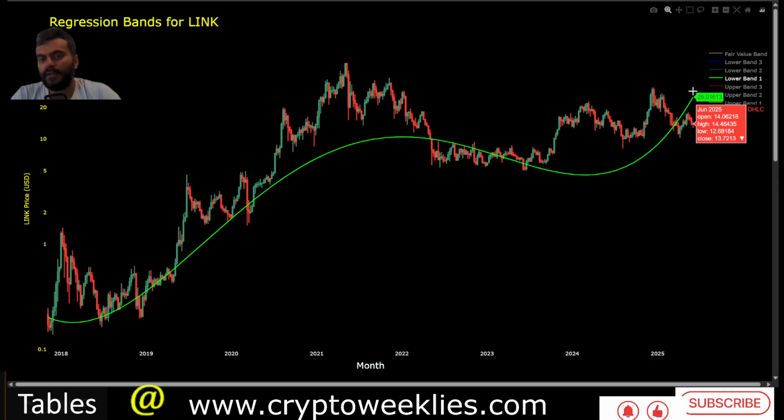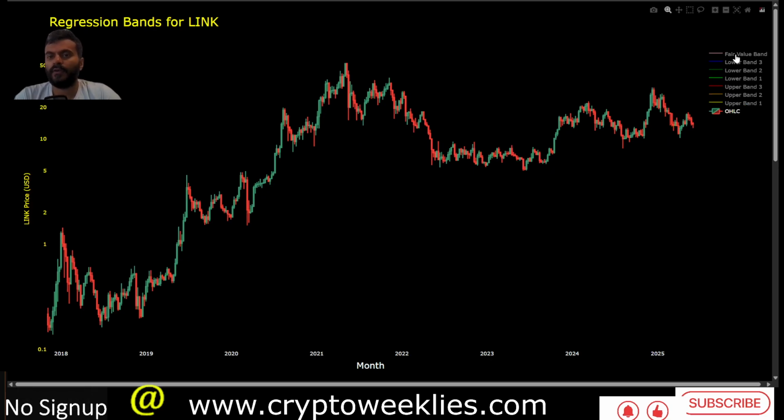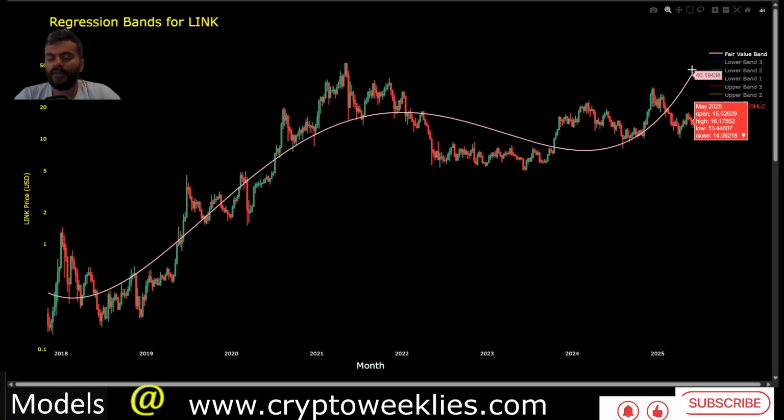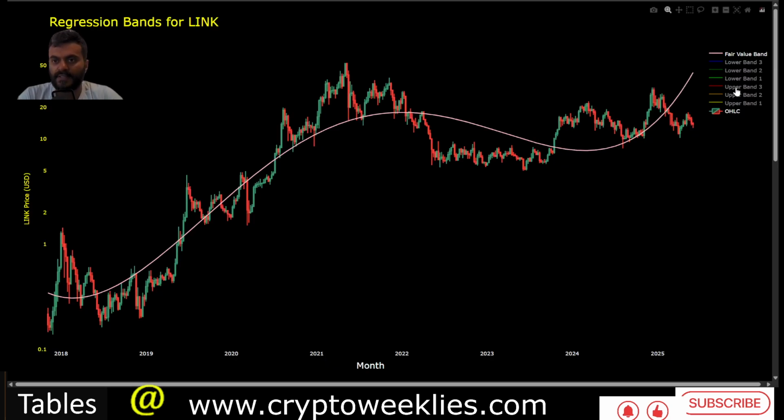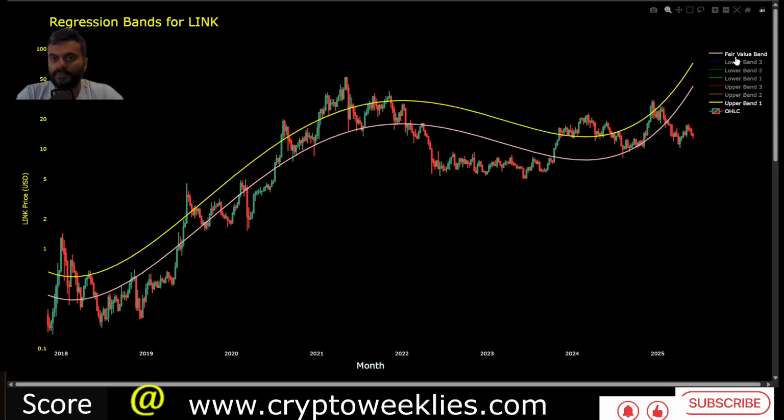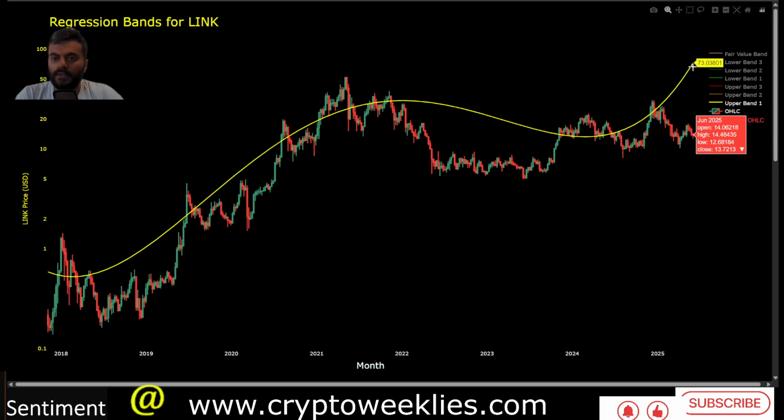So looking at the fair value, it's coming in at around $25. $25 is where the one standard deviation machine learning price forecast also exists at around $25. That means if the price were to go to that $25 target, that would signal an end of the undervaluation phase per this model. The fair value for LINK comes at around $41. That is the 2 standard deviation ceiling, as well as what we spoke about over here, 0.786, close to that 0.786 level. And the opposite of that pink line is the yellow line, where if there is any euphoria phase in the market, that could begin at around $73 level.